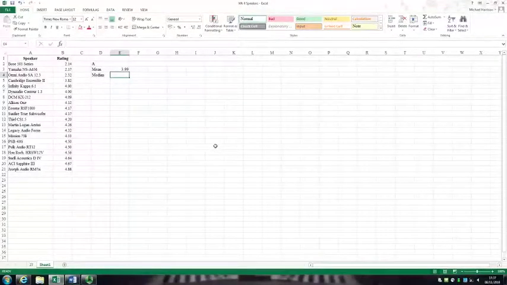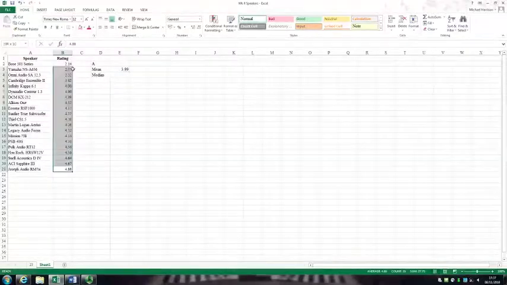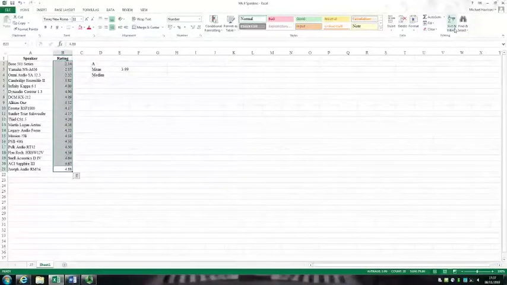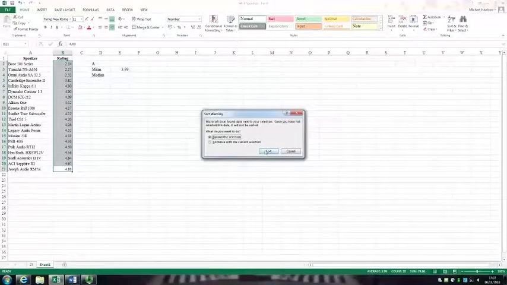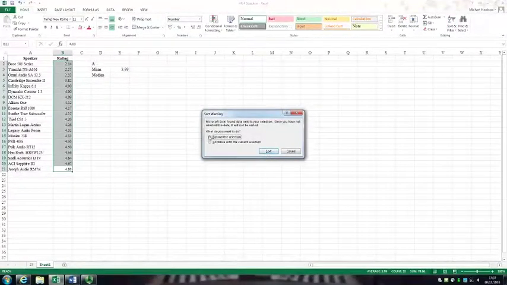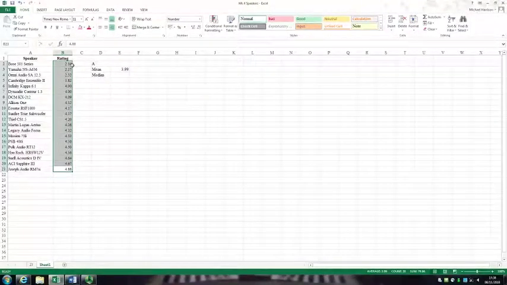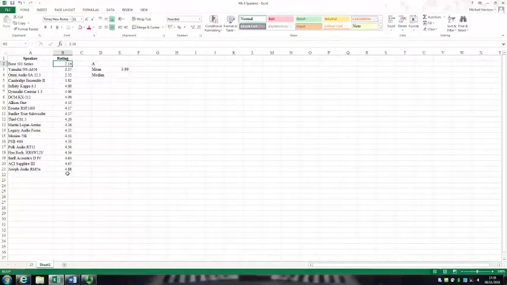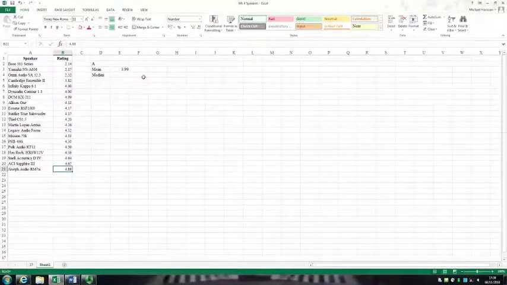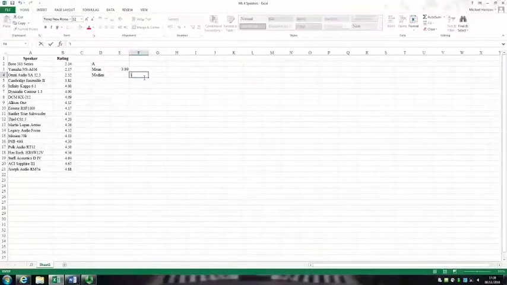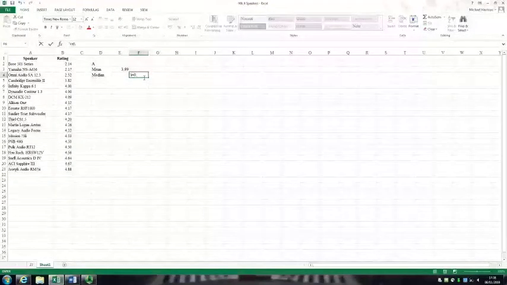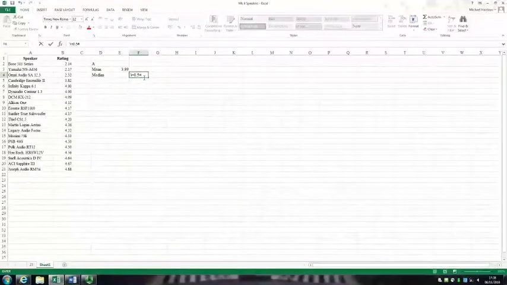Next we come to the median. Before we calculate the median, it is necessary to sort the data from smallest to largest. When you're given a sort warning, select Expand the selection and click Sort. This sorts from smallest at the top to highest at the bottom. We need to do this because to calculate the median, we first must calculate the position of the observation which is halfway through